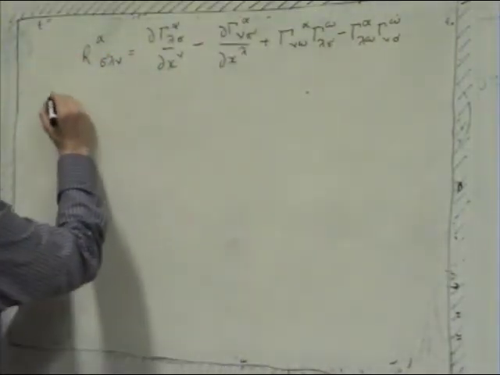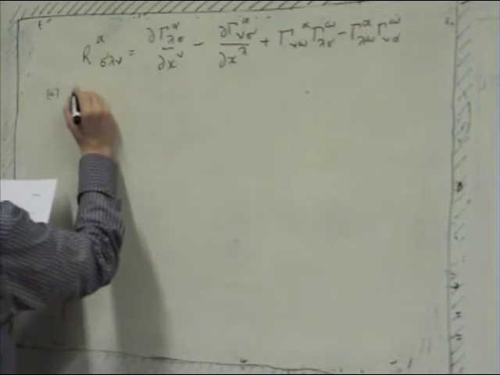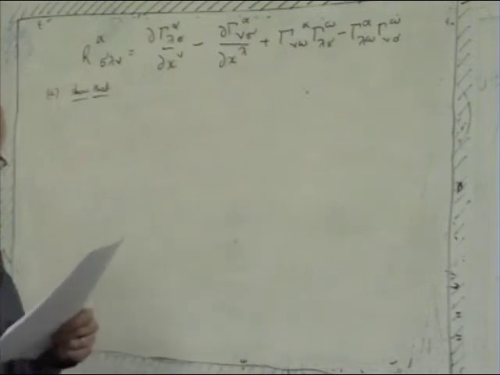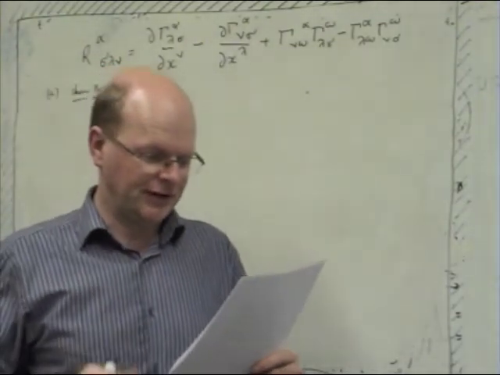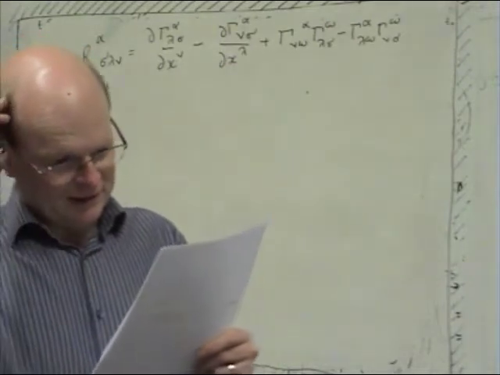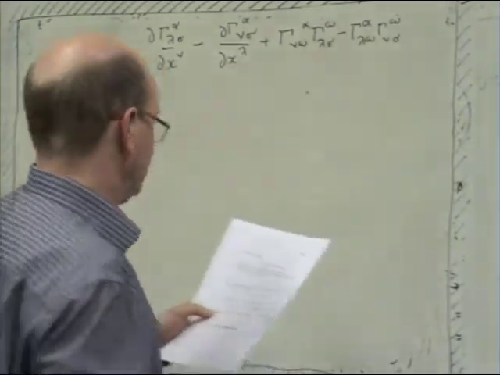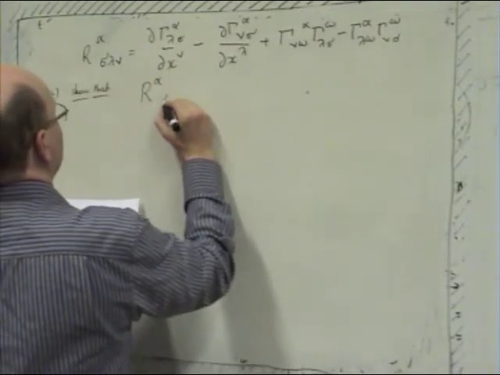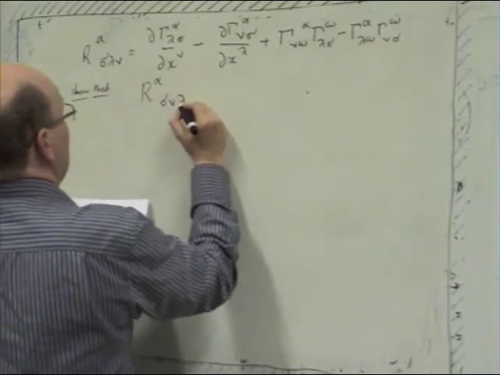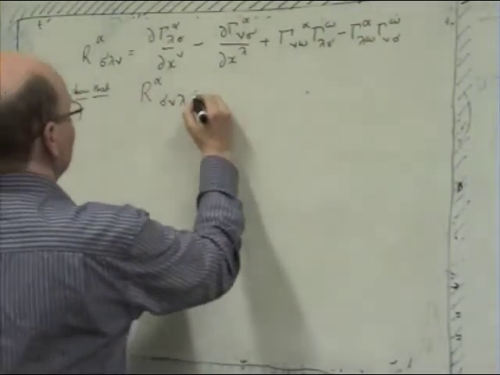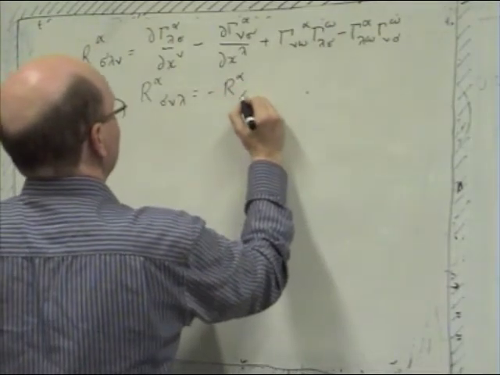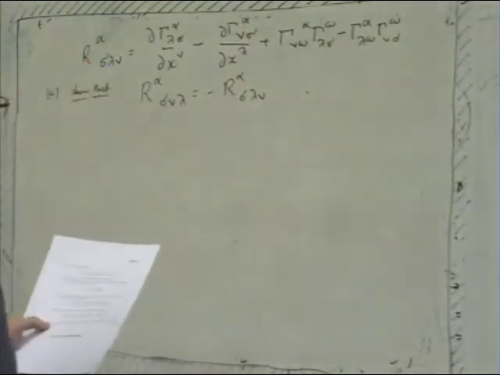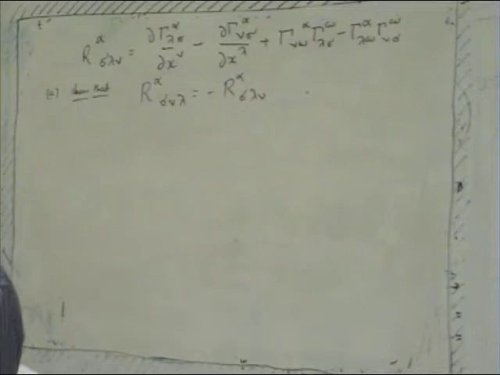So, part A is show that the Riemann curvature written above is antisymmetric under the interchange lambda swapped with nu. In other words, we want to show that R alpha sigma nu lambda equals minus R alpha sigma lambda nu. So the way you do that is you just take that expression for Riemann curvature, and every time